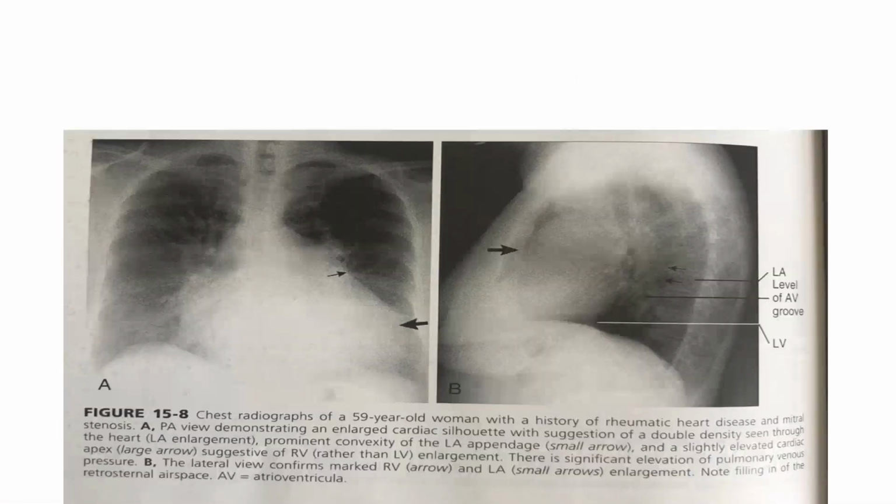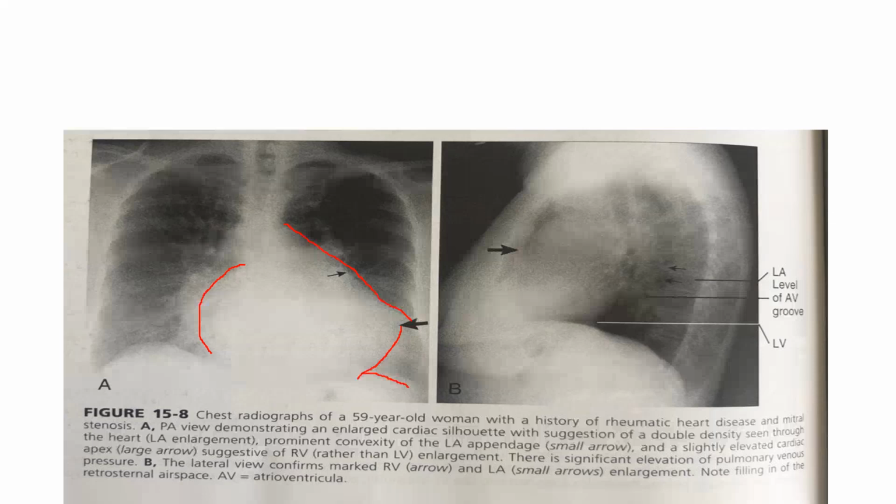This slide depicts a PA view X-ray and a lateral view X-ray. The PA view X-ray is approximately non-rotated with adequate inspiration and adequate exposure. Here we can see that the heart is in its normal position with the double density sign here. We can also see that there's a straightening of the left heart border with an upturned apex and the cardiophrenic angle being acute. So all these features are suggestive of left atrial enlargement with right ventricular enlargement.